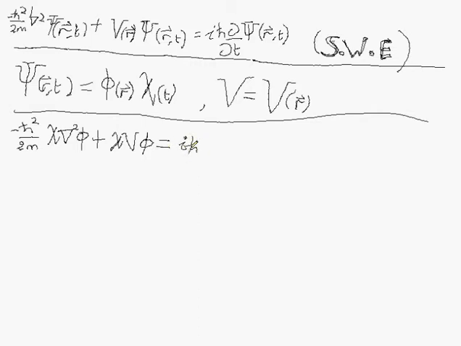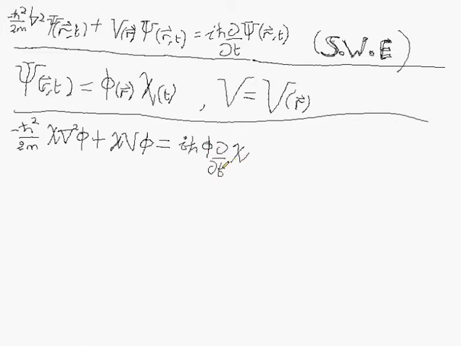I h bar doesn't change, it's just constant. And now again, by exactly the same token over here, of the product rule with a time function and a position function, we're going to be able to write, oh, that's wrong. We're going to write i h bar phi partial d partial dt of chi. And again, we can do this over here because this is even easier than over here, because we only